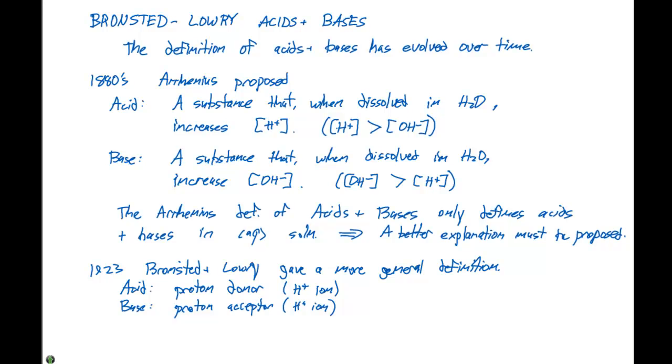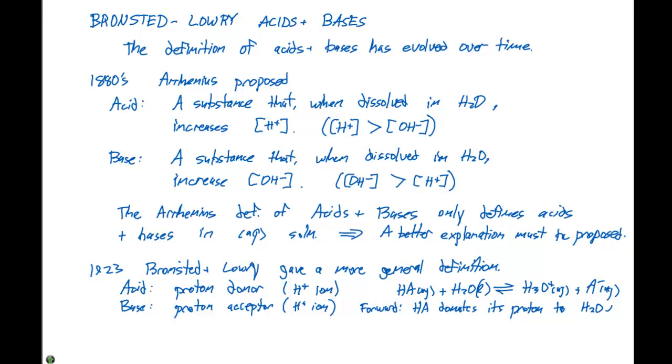So if we look at a generic expression where we have HA in aqueous solution plus water in equilibrium with H3O+ in aqueous solution plus A- in aqueous solution, if we look at the forward reaction, we can say that the HA donates its proton, or its H+, to the water. So the proton donor, HA, is the Bronsted-Lowry acid, and the proton acceptor, in this case water, is the